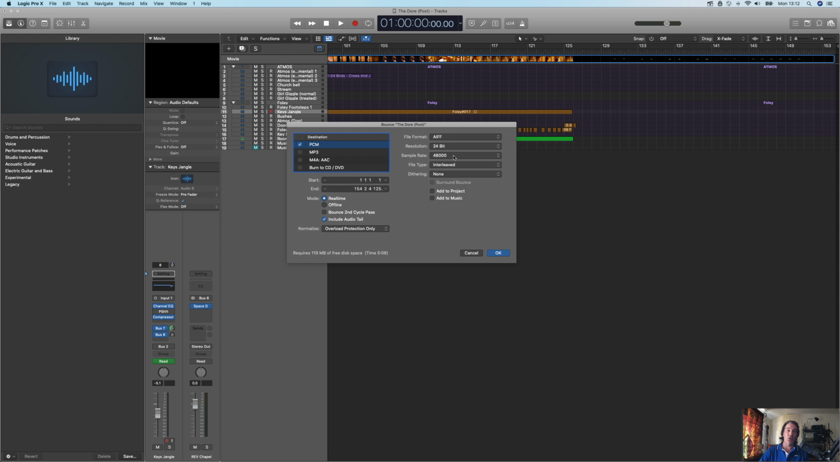Sample rate, of course, because it's sound to picture, is 48. If it was a sound-only piece, then you would select 44.1, but it's not, so it's 48. Now, if you've made the mistake and you've done your whole design but in error at 44.1,